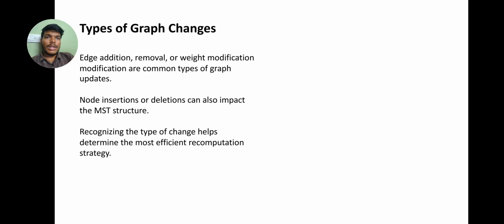Edge addition, removal, or weight modification are common types of graph updates. And the next point is that node insertions or deletions can also impact the MST structure. These are the types of graph changes. And the next slide is the